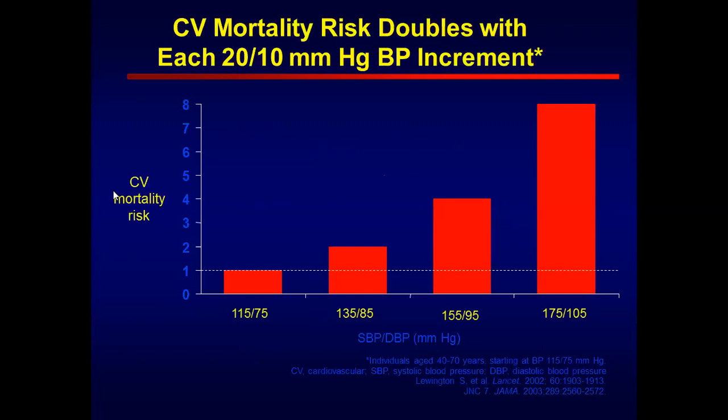This slide shows that the higher the systolic pressure, or the increment of the systolic pressure by 20 millimeters mercury and the diastolic pressure by 10 millimeters mercury, as you can see the measurements, you can have doubling cardiovascular mortality. As you can see, 20 systolic and 10 diastolic doubles the cardiovascular mortality, triples the cardiovascular mortality, quadruples the cardiovascular mortality. So this is very important to put in mind.